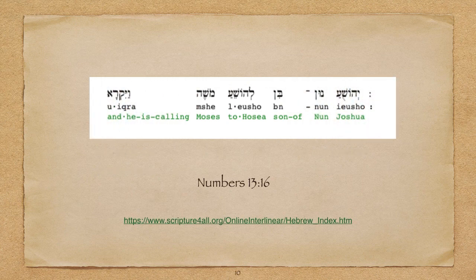The online Hebrew interlinear Bible reads from left to right, opposite of most common Hebrew Bibles. But the letters in the individual words read from right to left. We see that Hosea has the same letters as Joshua, but the first letter of Joshua begins with a Yod, which Moses added. The addition of the Yod changed the pronunciation and meaning of the name. Hosea means deliverance. By Moses adding the Yod, the meaning of the name is changed to the Lord is deliverance.